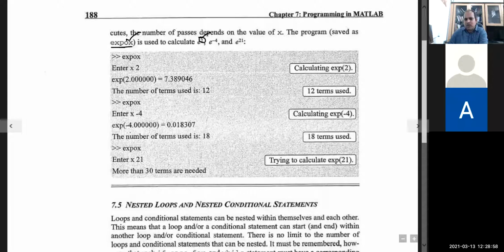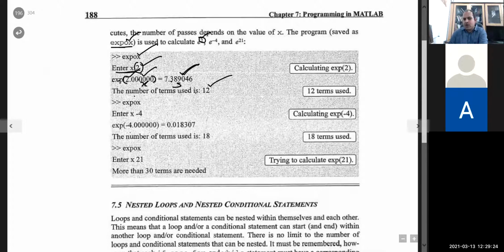When you execute the program, it will ask you to enter the value of x. Let us manually enter the value of x as 2 using the keyboard. You can see the exponential of x at 2 is this value, this one is your sum, and the number of terms used is 12.